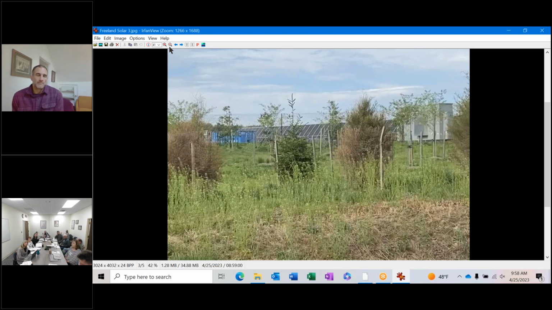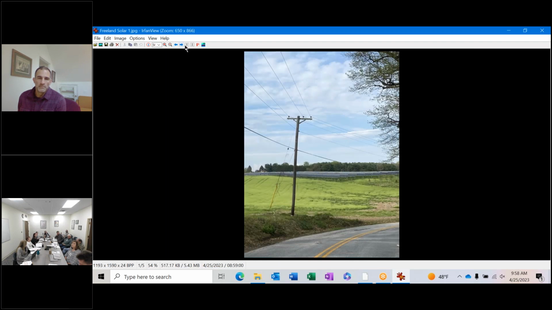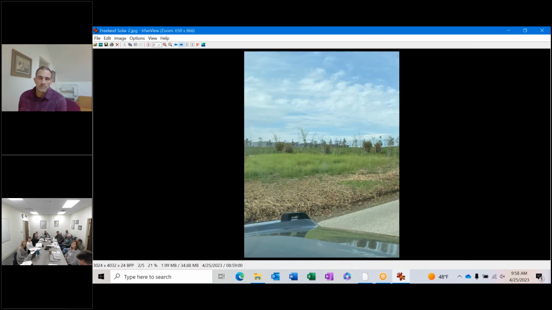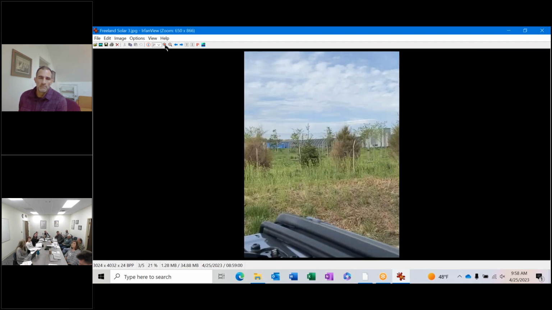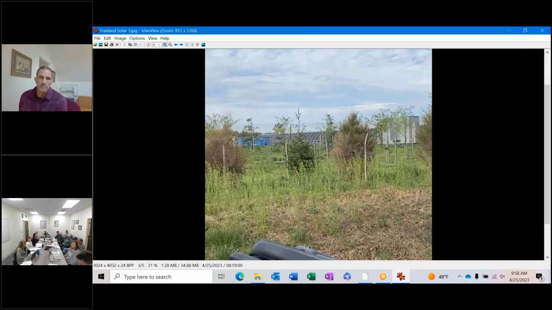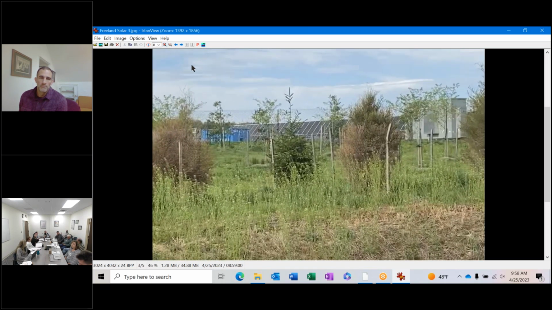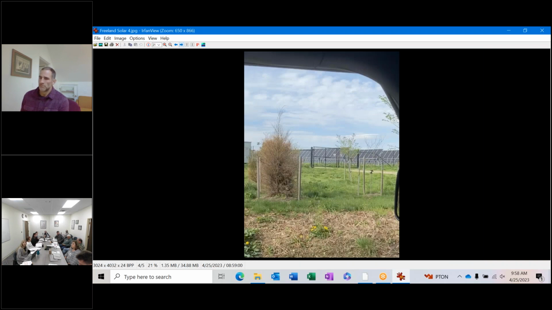And those plants all fill in as they grow up, right? And if they survive, how long before you think it would provide any screening? If the threshold for screening that you're thinking of is not being able to see that facility through there, you're talking many years before that material fills out to the extent that you're not seeing it.